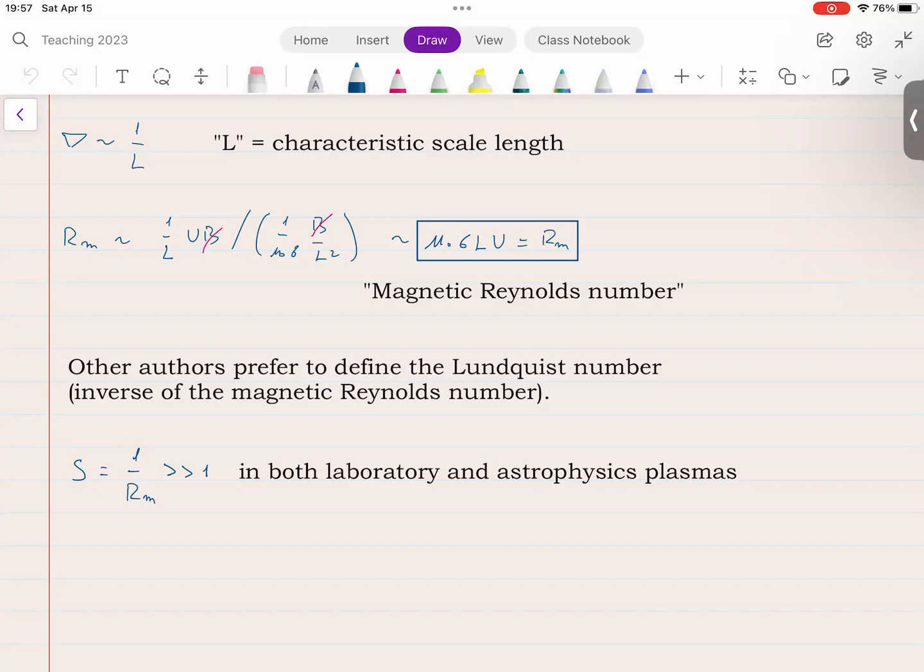And I just realized, sorry, I completely messed this up. I was thinking of something else, and instead of defining the Lundquist number, which is the same as the magnetic Reynolds number, but